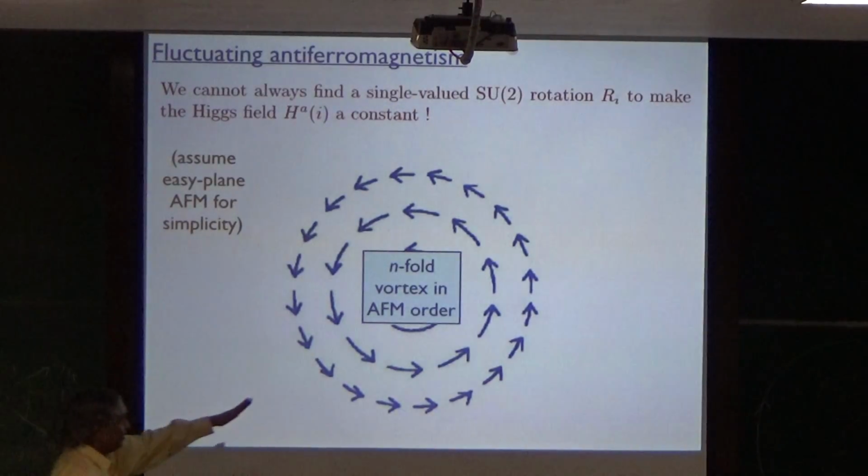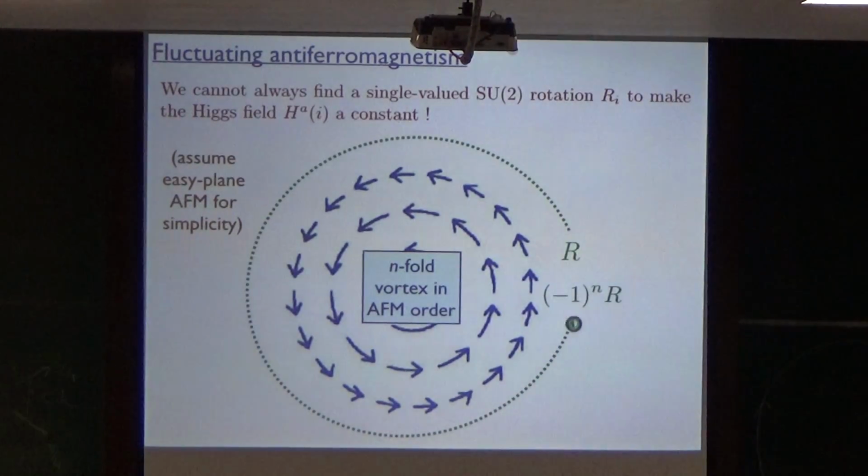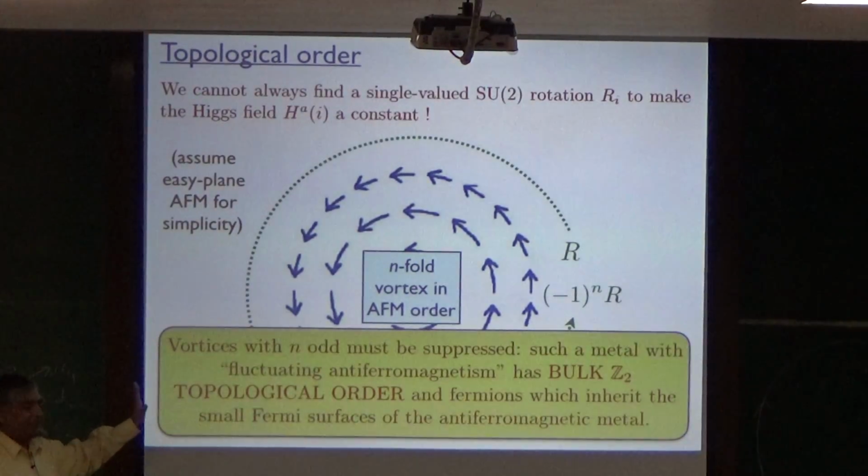And now I have to find a field R which is going to make this a constant. All right, if I pick R and I go around the vortex, it'll come back to -1 for an n-fold vortex, (-1)^n. So this means if R is not single valued, it means the field psi is not single valued, at least if you take the lowest energy state. And therefore, this tells me that I can only get away with having a constant H if these vortices, odd vortices, don't exist, which is what I talked about in the first part of my talk. Therefore, I can get a metal with small Fermi surfaces, provided that the antiferromagnetic order in that metal has no odd vortices. But the whole point of the first part of my talk was to show, well, that